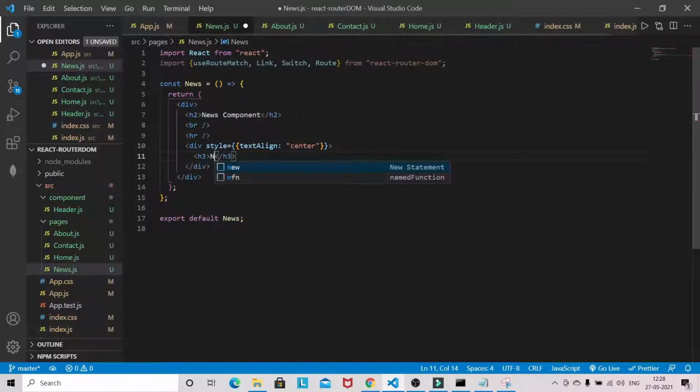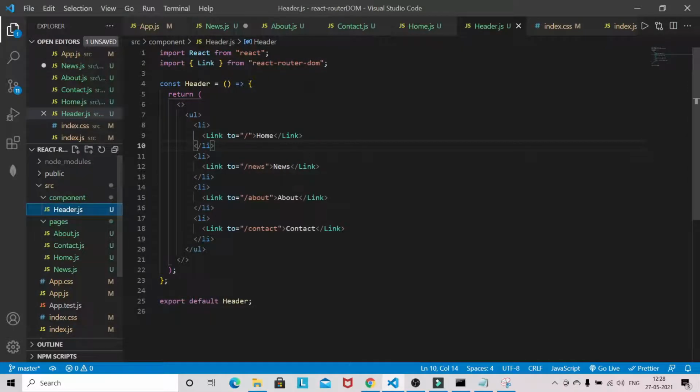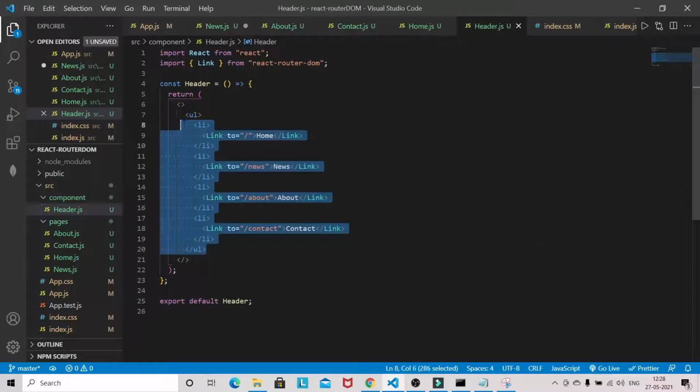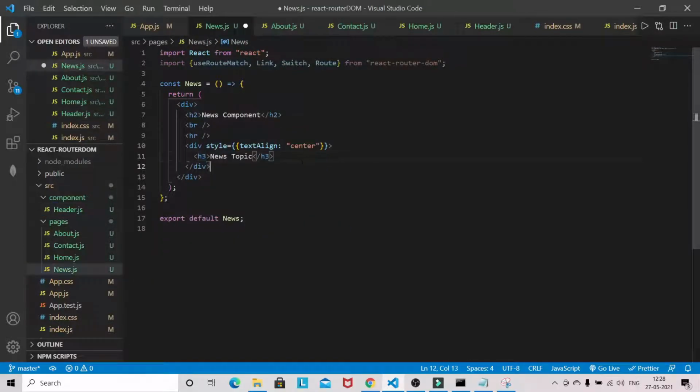The heading will be news topics, and I will copy some part here. I will just change the route name here.